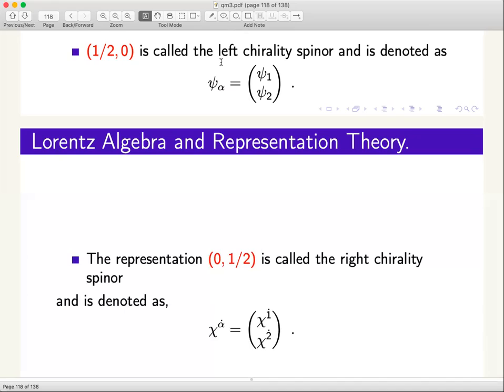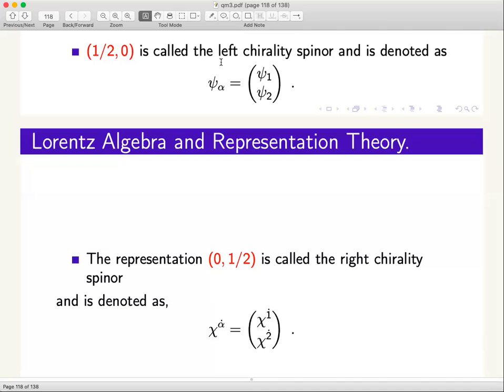And (1/2, 1/2) you said corresponds to a vector? Yeah, like the photon. The photon is a (1/2, 1/2) representation, say. Maybe something like (1, 0) plus (0, 1) also means some particle? Yes. So (1, 0) and (0, 1) are supposed to be self-dual and anti-self-dual antisymmetric tensors. But for arbitrary (s, rho) plus (rho, s), what would that mean? Is it a particle or what? Yeah, in principle they can be particles, but they have not been observed in nature.